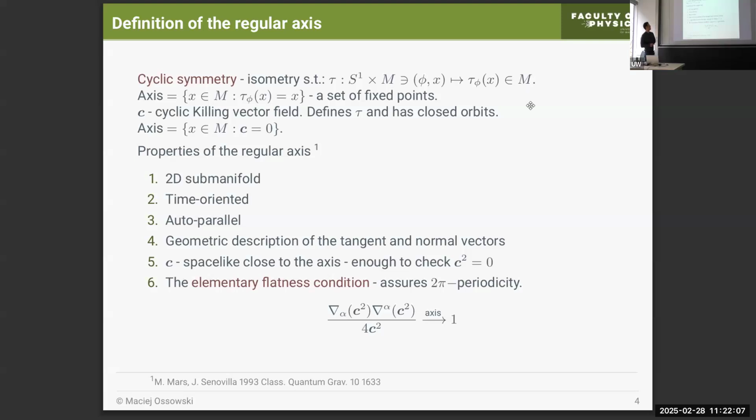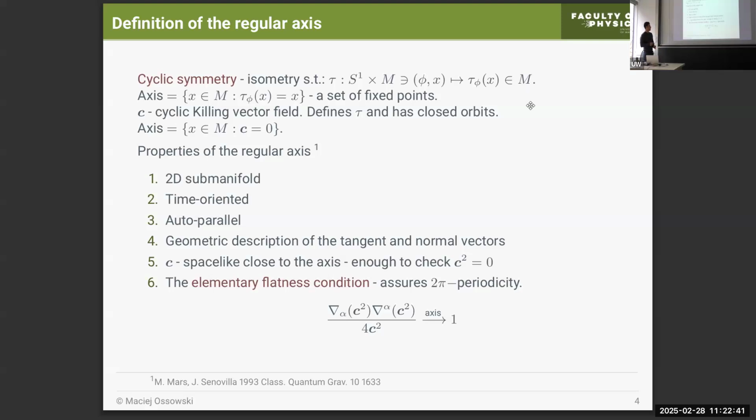One can show that if the axis is regular, meaning those points where this cyclic Killing vector field vanishes are a regular part of the spacetime manifold, then the axis actually creates a two-dimensional submanifold. For example, it's time-oriented, it's autoparallel. They derive some nice geometric description of how to speak about tangent and normal vectors, how to identify them. And the two most important